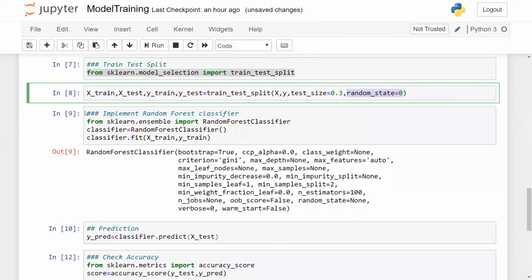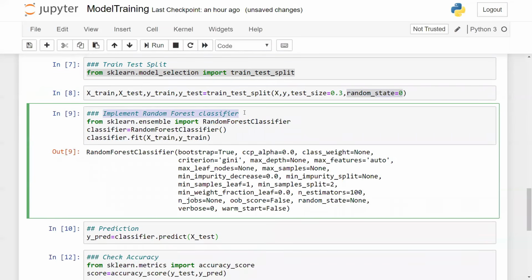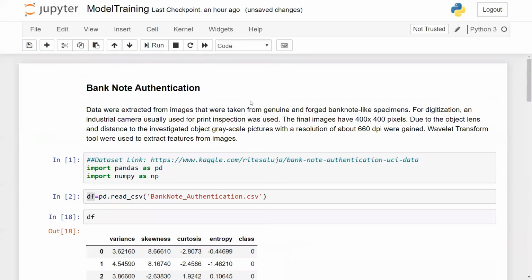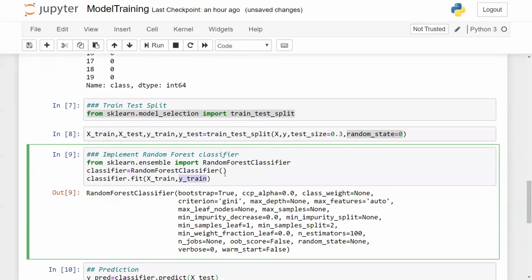The next thing I'm going to do is apply random forest classifier, since this is a classification problem statement. So all I'm doing is from sklearn.ensemble import RandomForestClassifier. I have initialized the random forest classifier, and this is done with the fit for X_train and y_train. Pretty much simple, guys. Not much complex things. These are basic ML things that we have done till now.